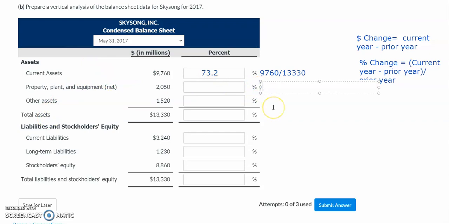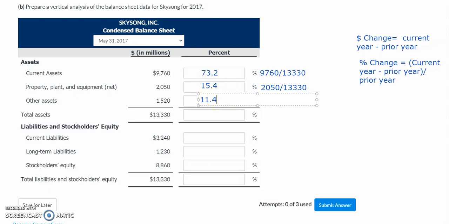And then for property, plant, and equipment, 2050 divided by the same 13,330. And I'm going to notice that our property, plant, and equipment is about 15.4% of my total assets. And then for our other assets, 1520 divided by 13,330. I can see that my other assets are going to be 11.4%